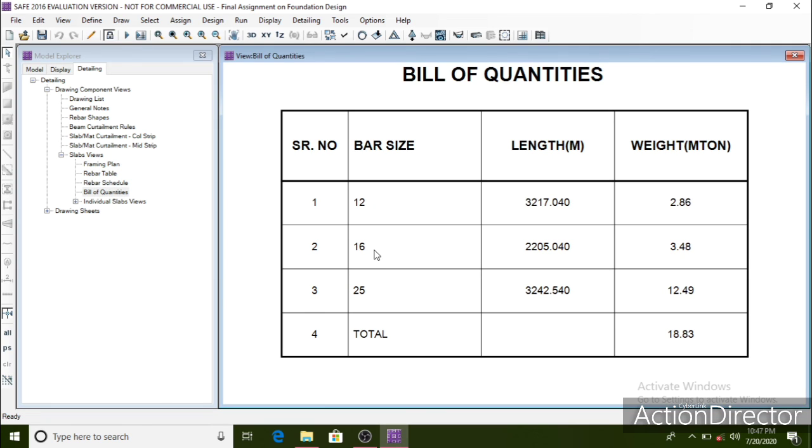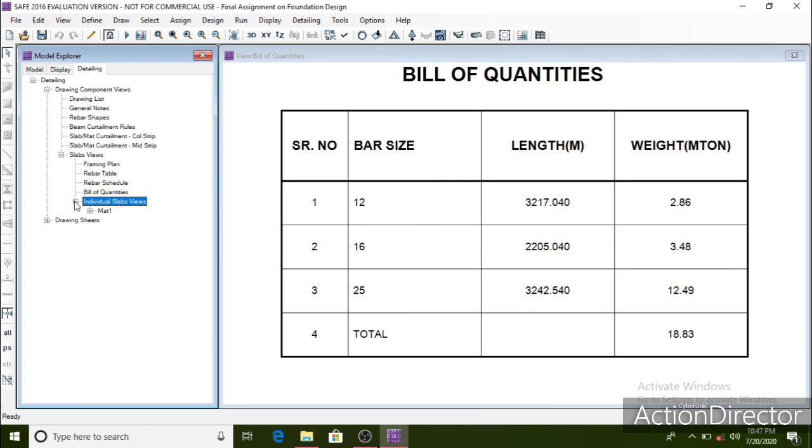You can also see the bill of quantities, what amount of the various sizes of bars are required. That's also calculated here. For the bars of 12 diameter, 2.86 tons of 12 dia bars are required.